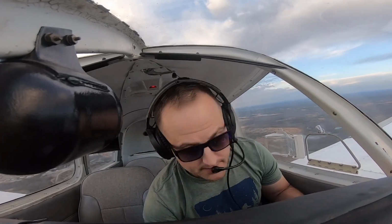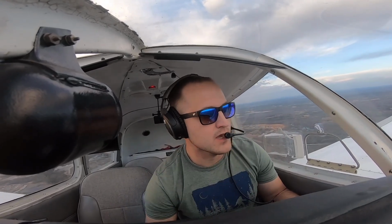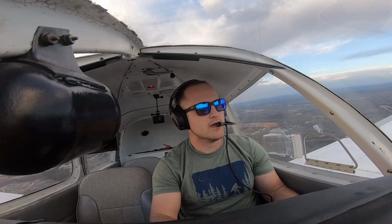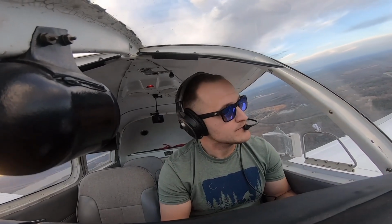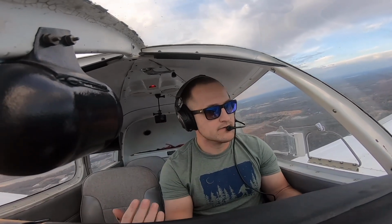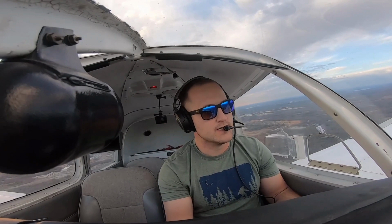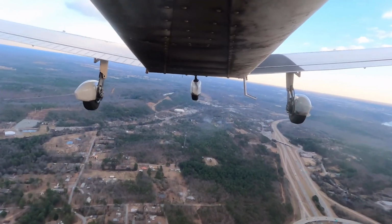Yeah, so I'm really curious at how this motion of raising the flaps by dropping the handle and pulling back on the yoke at the same time is going to work. I've never done this, so I know that in a Cessna and stuff you have the electric flaps, and this might be better tried in a Cessna, but I'm willing to give it a shot if it is a legitimate